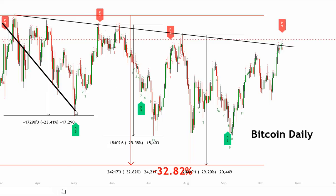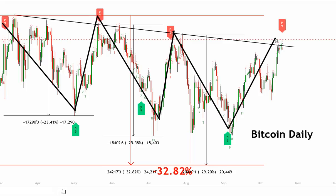This certainly was. This was. And this was. Again, we're now forming, and if we don't clear the peak over here at 70,000,